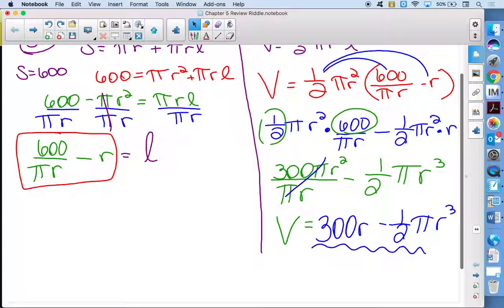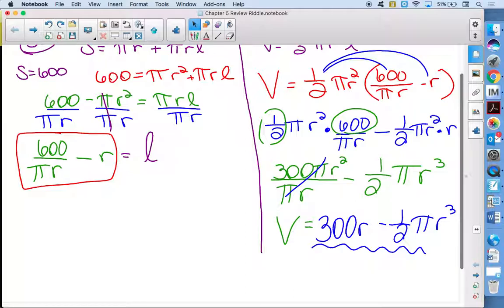So what do we need to do to find the maximum volume? Elena? Yeah, we need to use a calculator to graph it. There's no physical algebraic way that we know right now to solve for a maximum value. We can find x-intercepts, we can set it equal to 0, but we can't find a max without using the calculator until you get to calculus, because it really is a calc concept. So with your calculator, if you can plug this in your calculator,